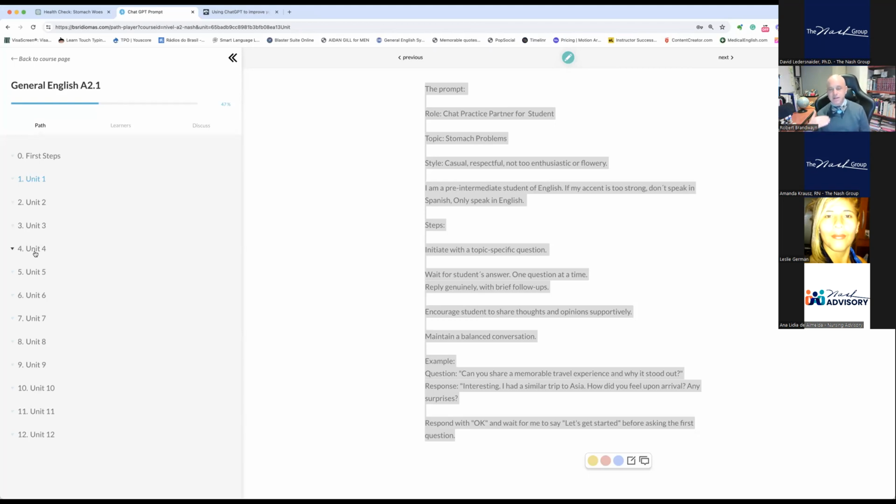Ese chat de ir y venir, if you don't work your vocabulary, si ustedes no trabajan su vocabulario, if you don't improve your grammar, si ustedes no mejoran su gramática, if you don't improve your spelling, for your pronunciation, the more input you receive, la mayor cantidad de input de material que ustedes reciben, the more output you will eventually produce. La mayor cantidad de output que ustedes van a poder producir.